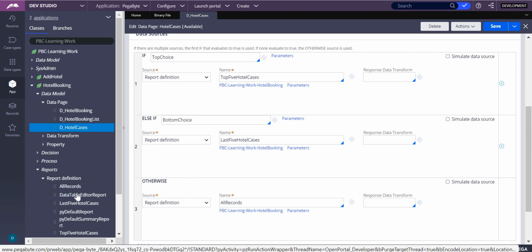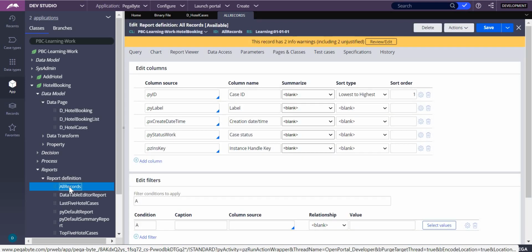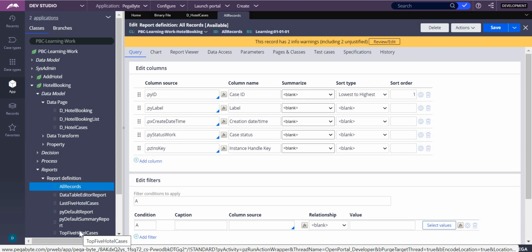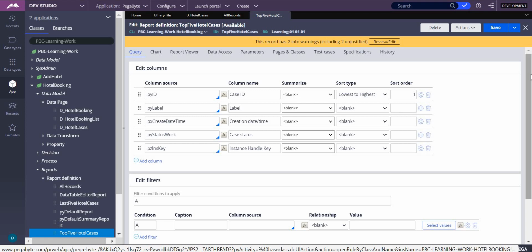So now I'll take this all records. All records is the report definition to get all records, so it comes automatically. We didn't do much in this report definition. So let's go back to top 5 hotel cases. So this is the top 5 hotel cases. Here also, if you see, there is nothing regarding filters, nothing we have added. It is similar, but only one thing which we added over here is